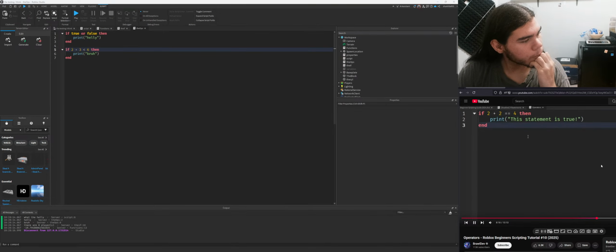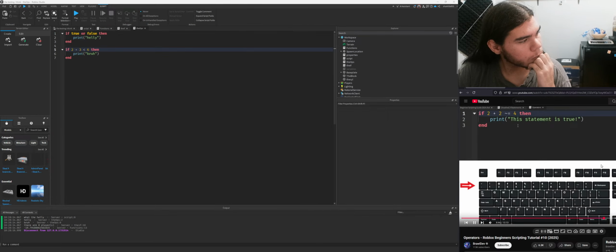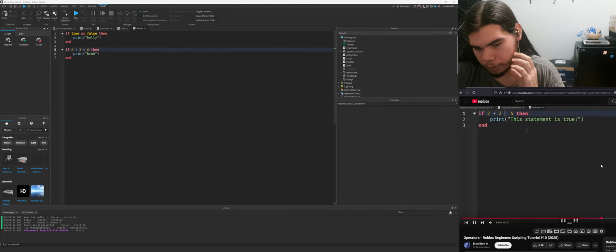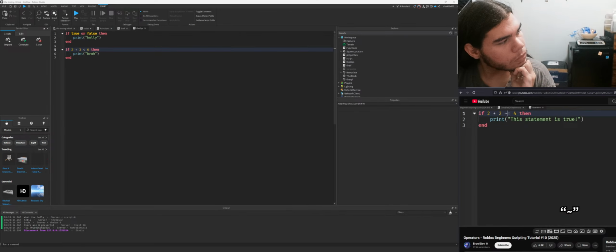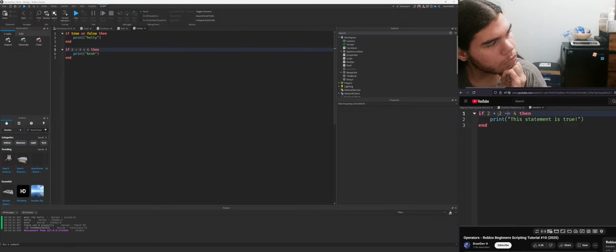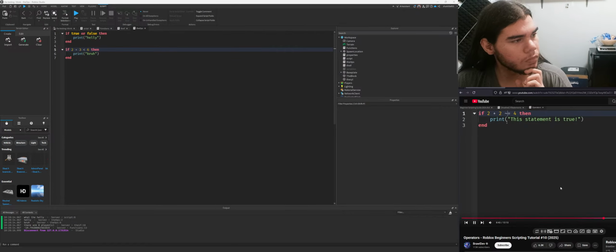And there's actually a key at the top left of my keyboard with a squiggly line that looks like this. So I'm going to hold shift and then I'm going to hit the squiggly line. Now for me, it's located on the